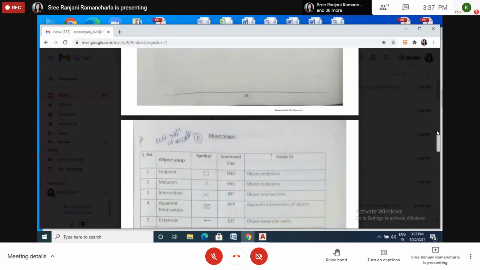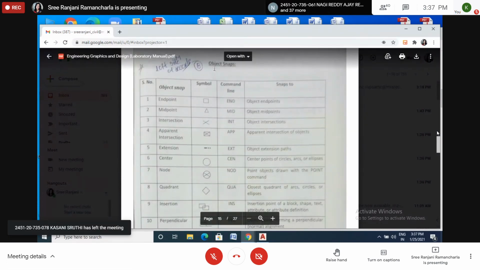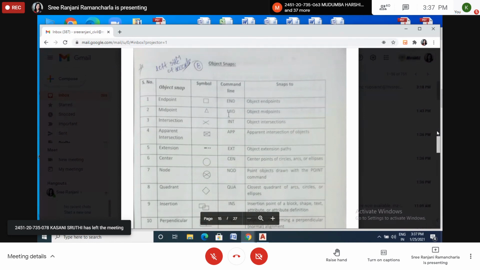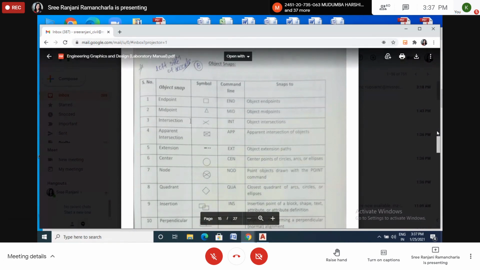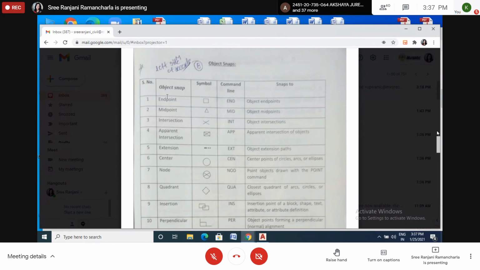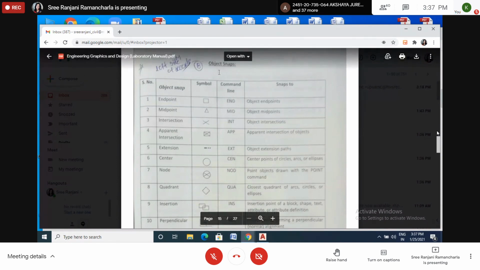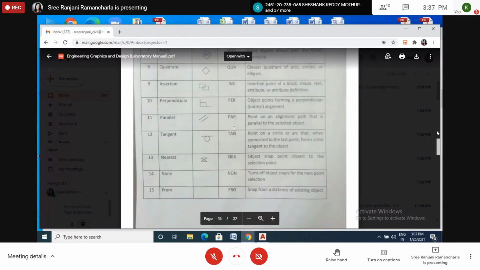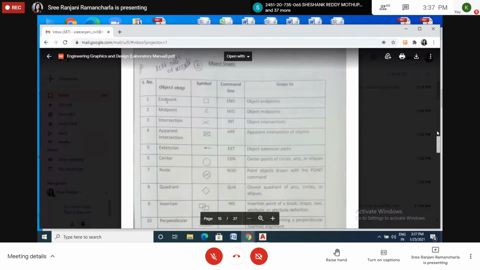Now here, object snap, which I used here. You can see the L shape while I am drawing. That one is very, very important with the help of all these. If you select the object snap, there is a small arrow mark. If you select the arrow mark, all of this will be seen. So we have to make all of these a tick mark.